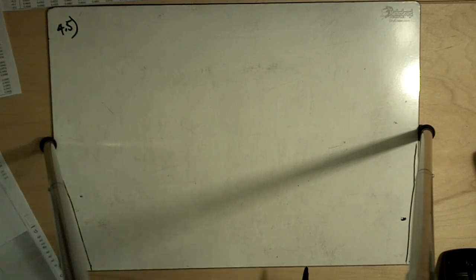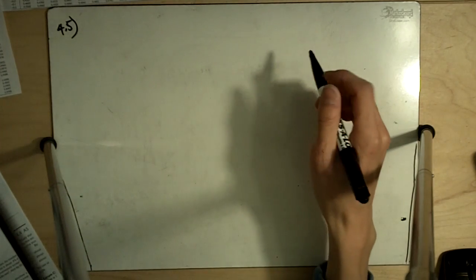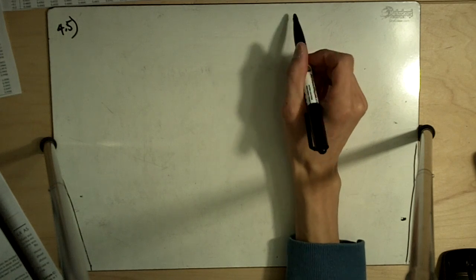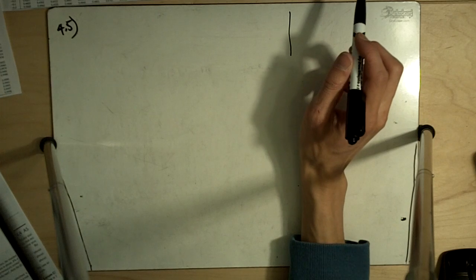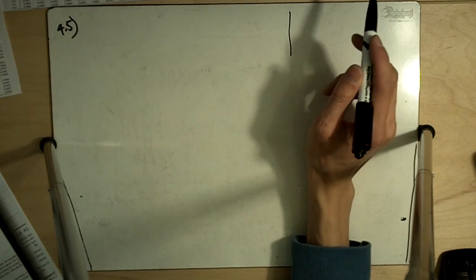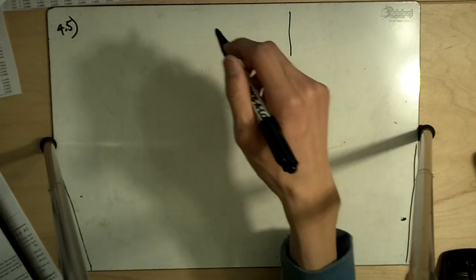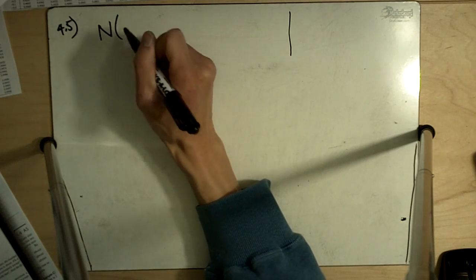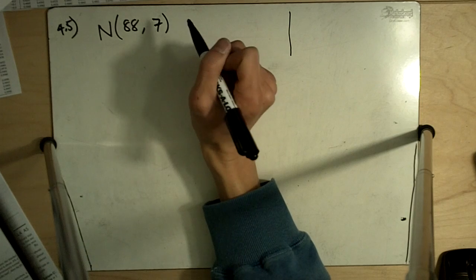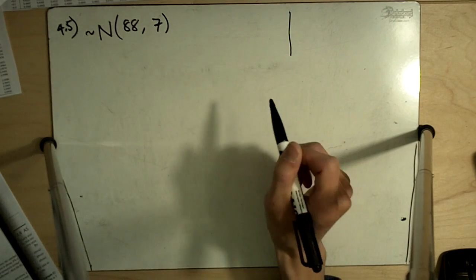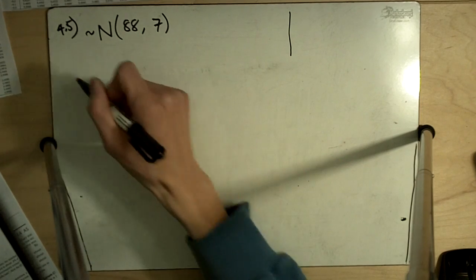So exercise 4.5 says, in an agricultural experiment, a large uniform field was planted with a single variety of wheat. The field was divided into many plots, each plot being 7 by 100 feet, and the yield of grain was measured for each plot. These plot yields followed approximately a normal distribution, with mean 88 pounds and standard deviation 7 pounds. What percentage of plot yields were: A asks for